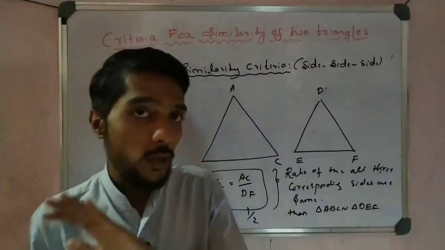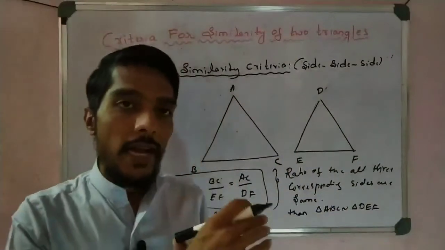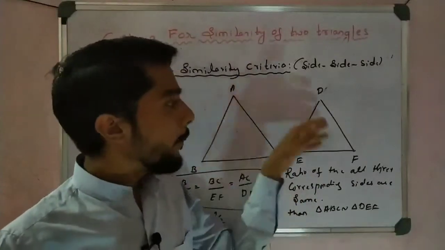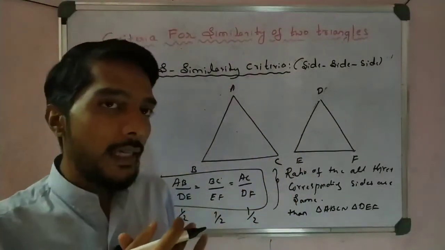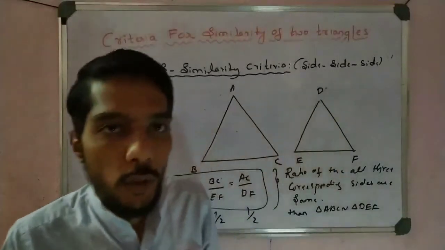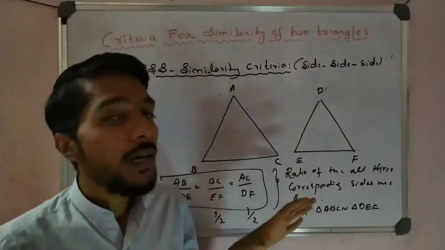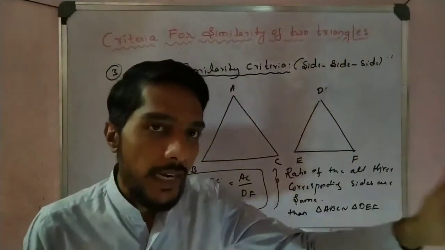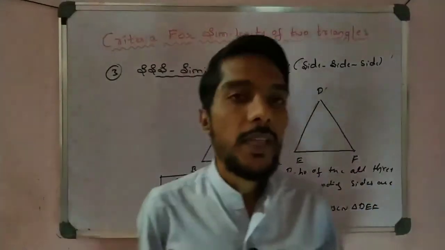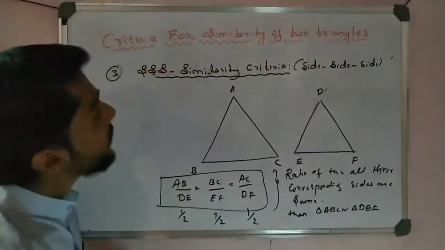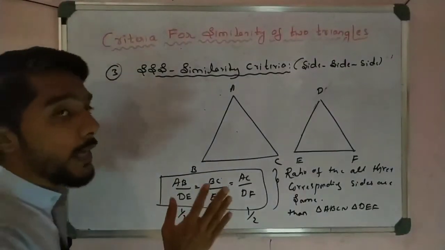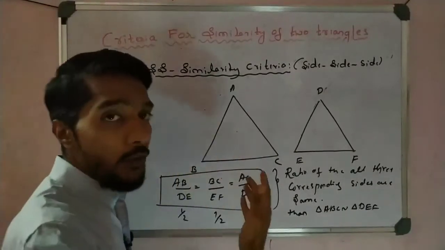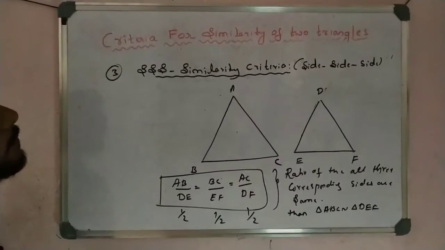Again I say, there is no angle discussion here, no angle is given. In that case we focus on sides. If the three sides, we check one by one, compare the corresponding sides one by one, and we get the same ratio for all these sides, then we say that the given triangles are similar. Why? Because of sides. If the three corresponding sides are in the same ratio, then it is similar. So students, this is the third criteria that is very important and most of the time it is used. Actually AA and SSS are what we use most of the time. So please write this down.